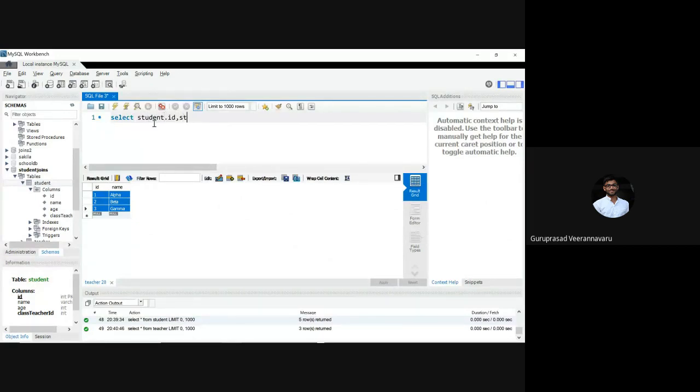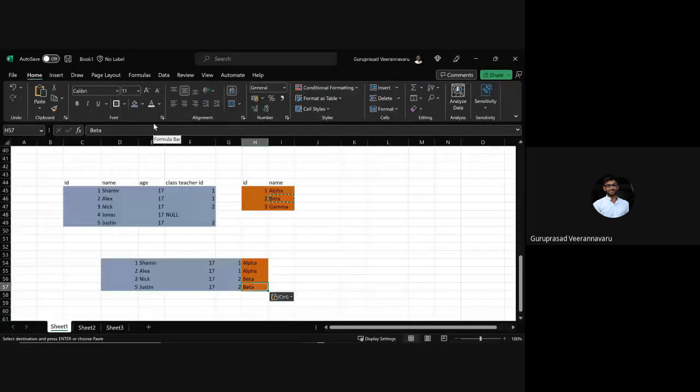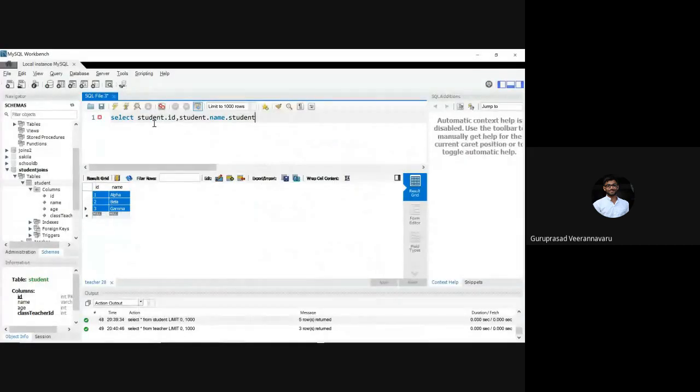Student.id, student.name, student.age नहीं चाहिए आपके लिए. Student.class teacher ID, and then teacher.name from student